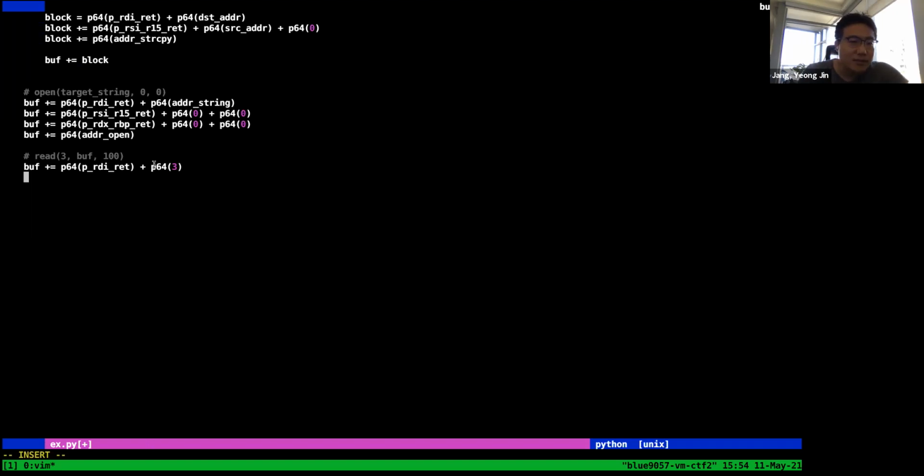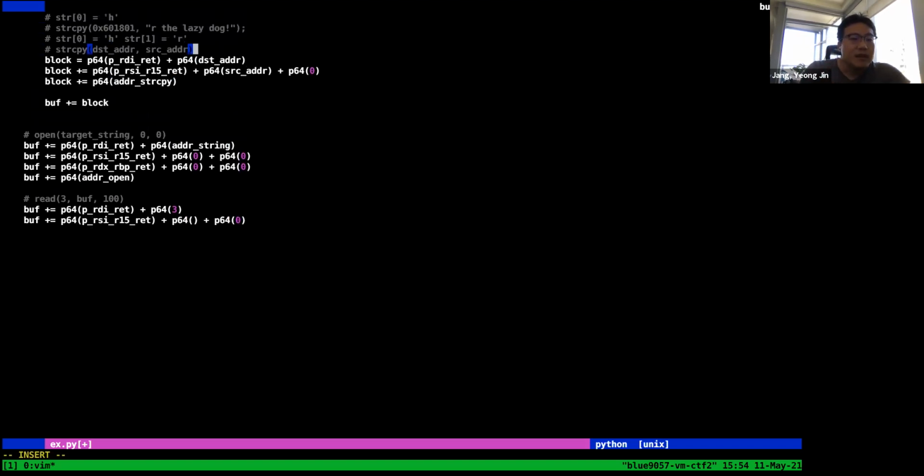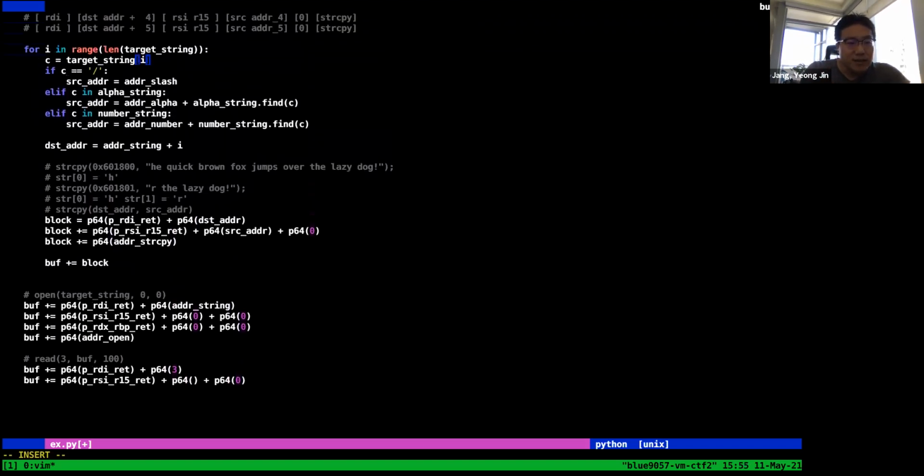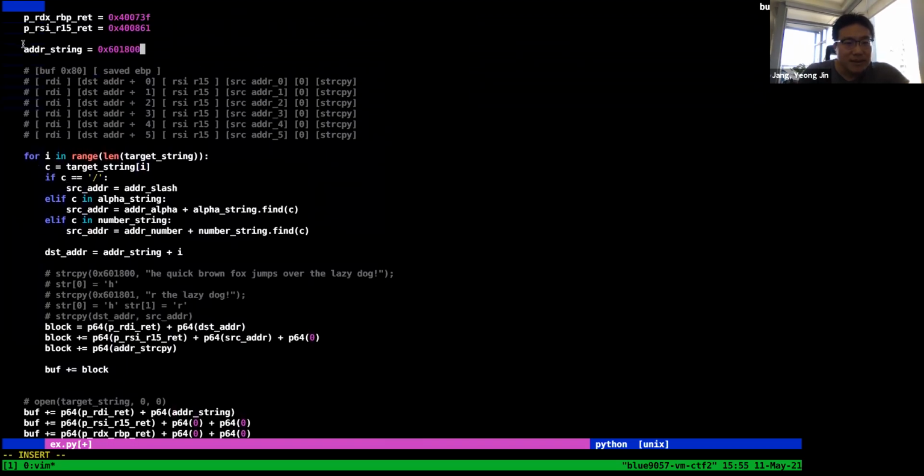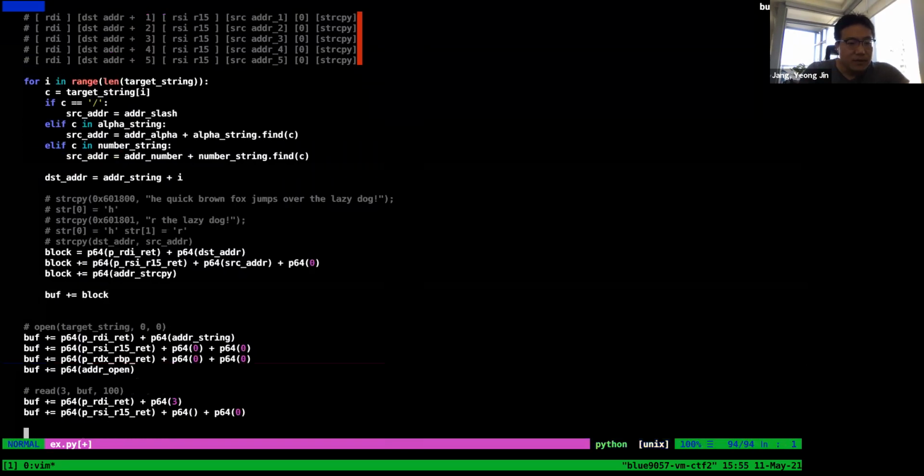So the first file you open will have file descriptor number 3. Then pop RSI R15 and return. For R15 we can put 0, but we can put any writable address. We already know that we have one writable address at the address of the string. So maybe we can use another address